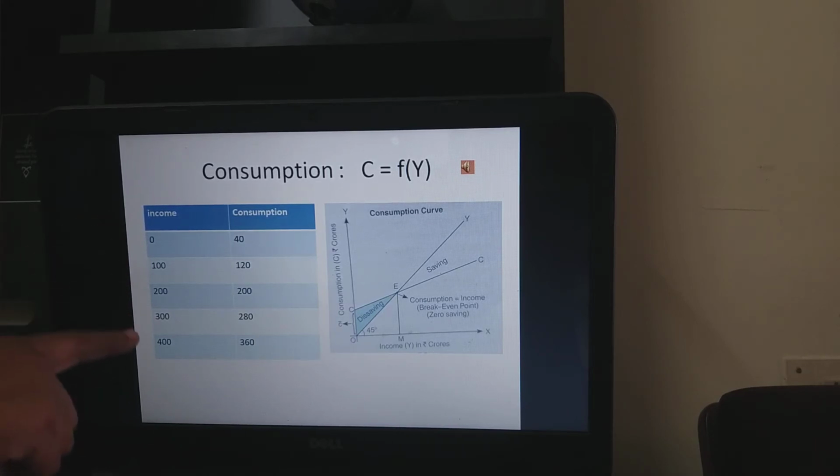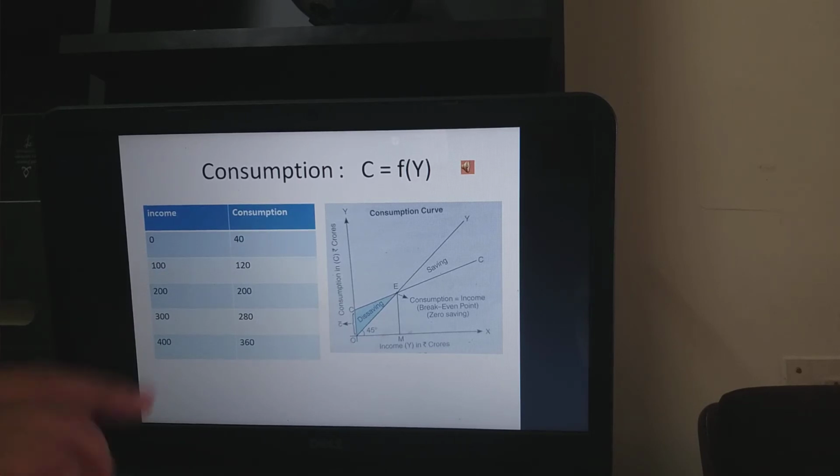So look at what's happening. Income is increasing 0, 100, 200, 300, 400, and consumption 40, 120. Both of them are increasing at a constant rate, indicating that consumption is also a linear curve, income is also a linear curve. Again, for simplicity's sake, both are assumed to be linear functions. And you already know that consumption and the income are positively related. As income increases, the consumption expenditure will also increase. So this is what you saw in the previous slide.